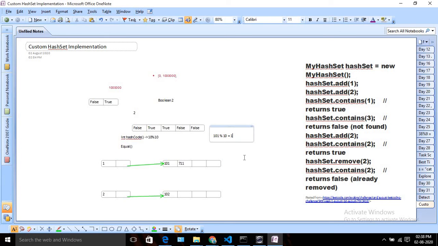Suppose I am trying to insert 101 again. I take the remainder value, which is 1, come here, and check whether that number exists in the array or not. If it exists, I replace it; otherwise I add it. That thing we can implement also. But since this example is just for numbers, we don't need to do anything. If we create this kind of thing, it will take more space if you do it using only an array. But if you need to store objects or custom objects, then surely we should follow these steps, right? That's pretty much for this video.